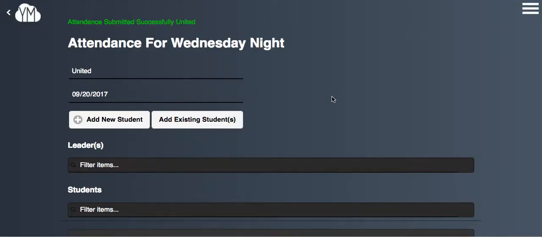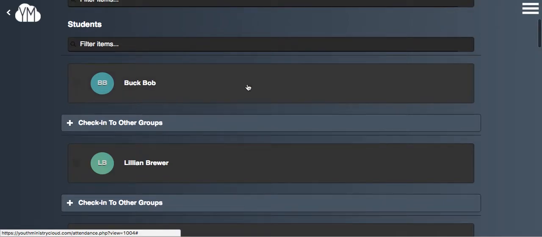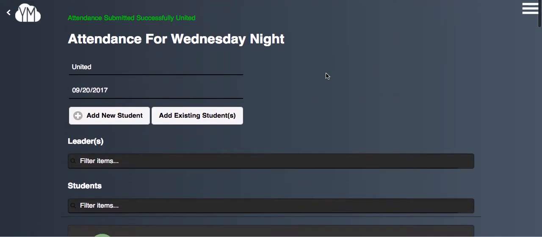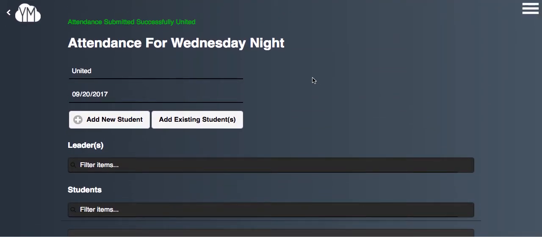So we've got the attendance feature, we've got the desktop and the mobile version. You have the ability to empower your leaders to help you out as well. And you can do all of these things. That way your check-in process goes quickly, goes smoothly, kids are in, kids are connected, kids are building relationships, your leaders are empowered, and you are getting great information about your ministry so that you can turn around and utilize our automated follow-up systems for texting and email